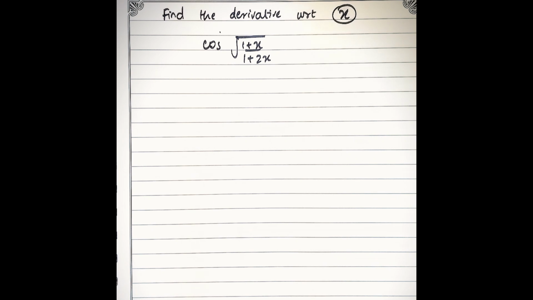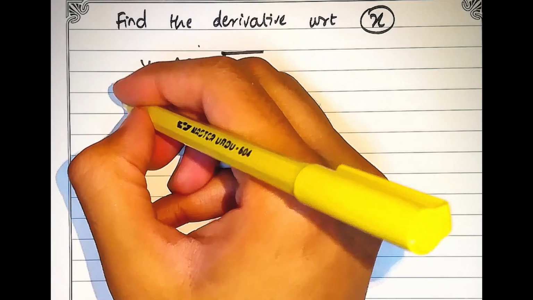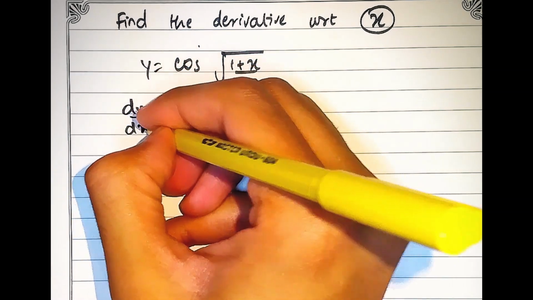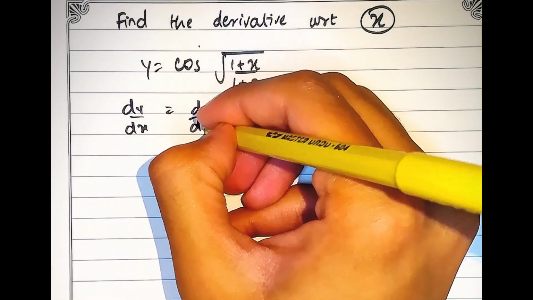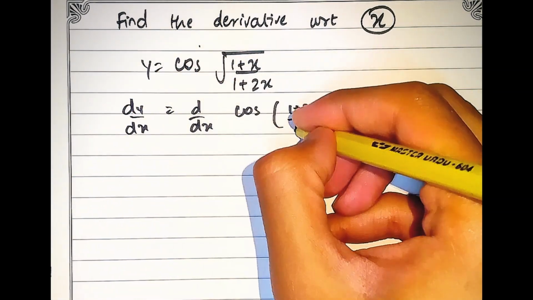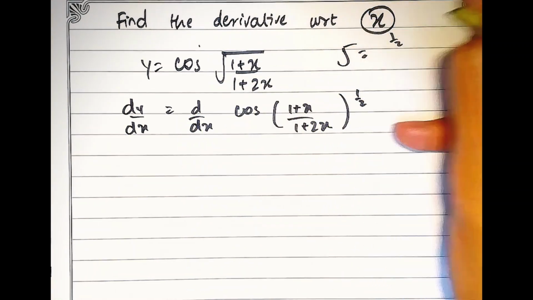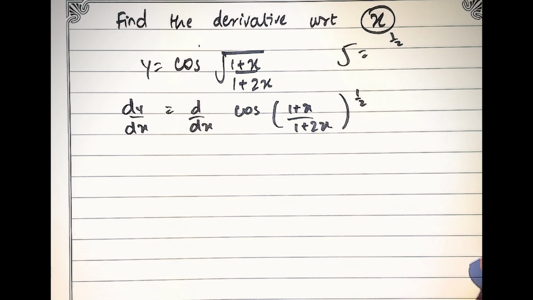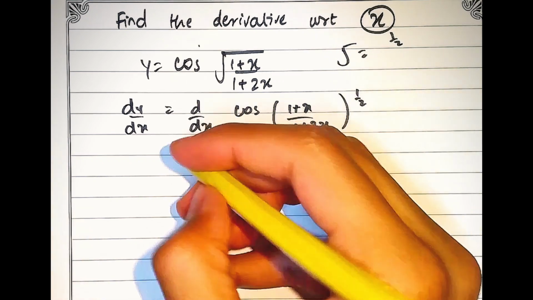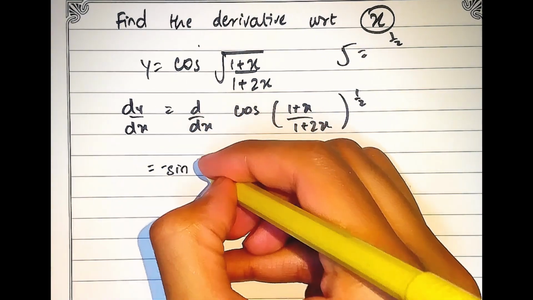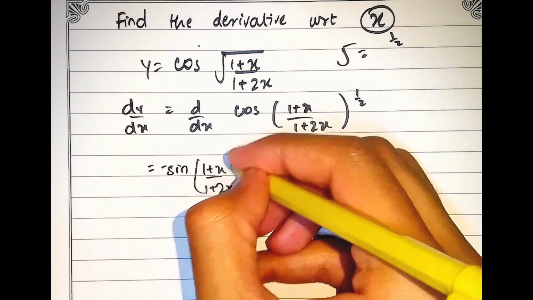Okay, so now the question says find the derivative with respect to x. So first of all, let's make this function equal to y, and then let's just apply the differentials on both sides of the equation. dy by dx of cos of (1 plus x divided by 1 plus 2x) power 1 by 2. Okay, so the root is actually equal to power 1 by 2. Now, the derivative of cos is equal to negative sine, right? So I can write negative sine (1 plus x divided by 1 plus 2x) power 1 by 2, and